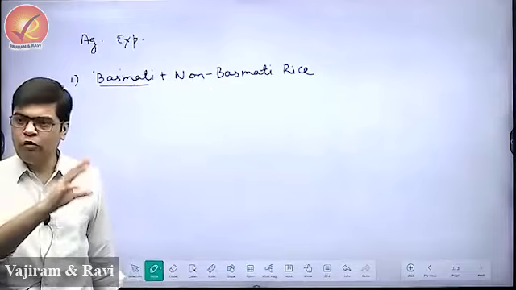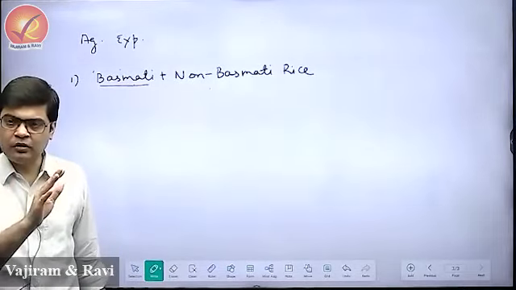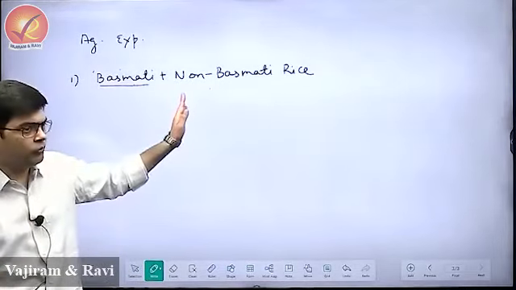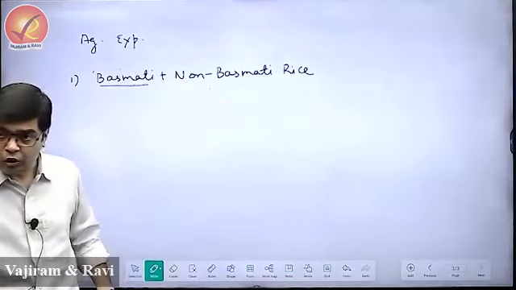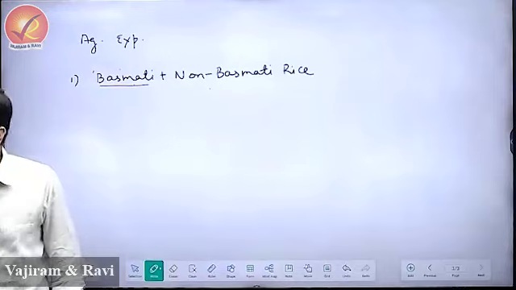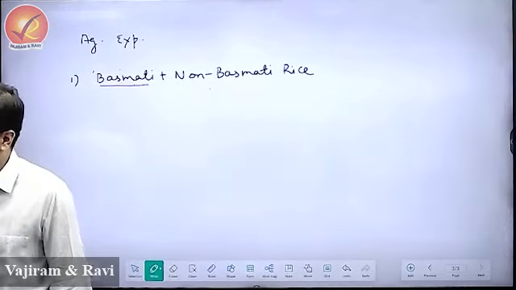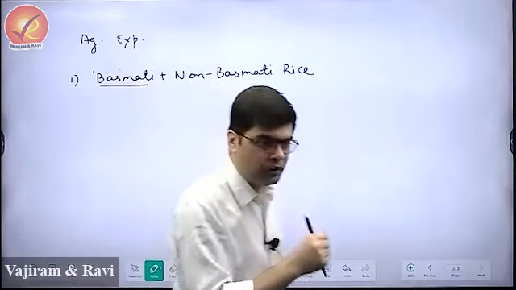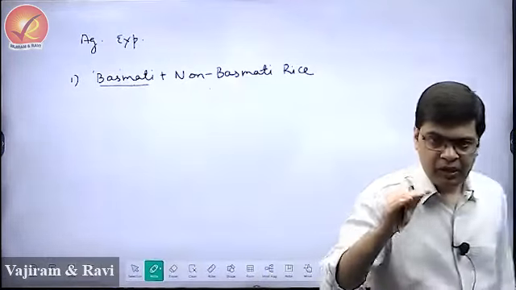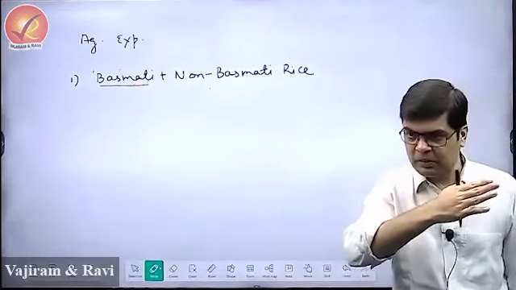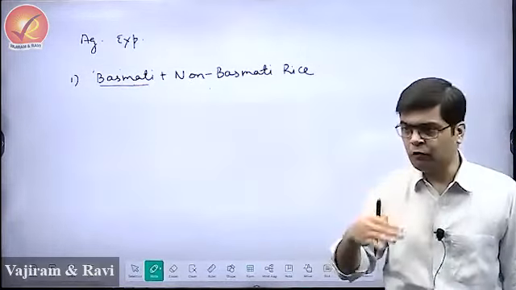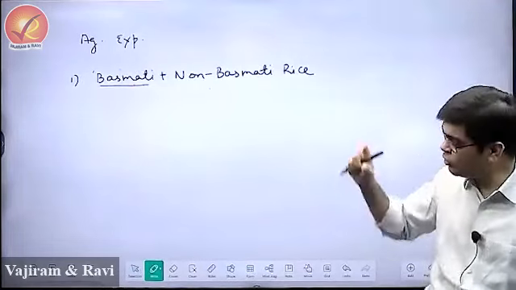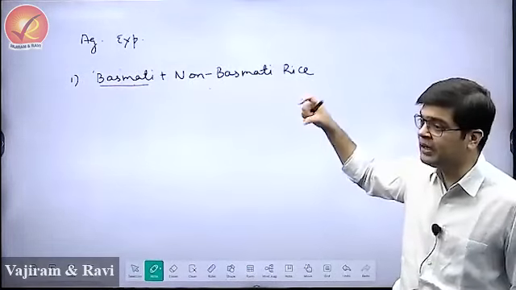So we need more of broken rice in India. We stopped the exports of broken rice. In 2023, what happened was the monsoon in the country failed. That means the rainfall last year was below normal. That means whatever is the long period average, the average of the last 50 years, there was less rainfall than that. And as a result, the government said a shortage of rice would be created.